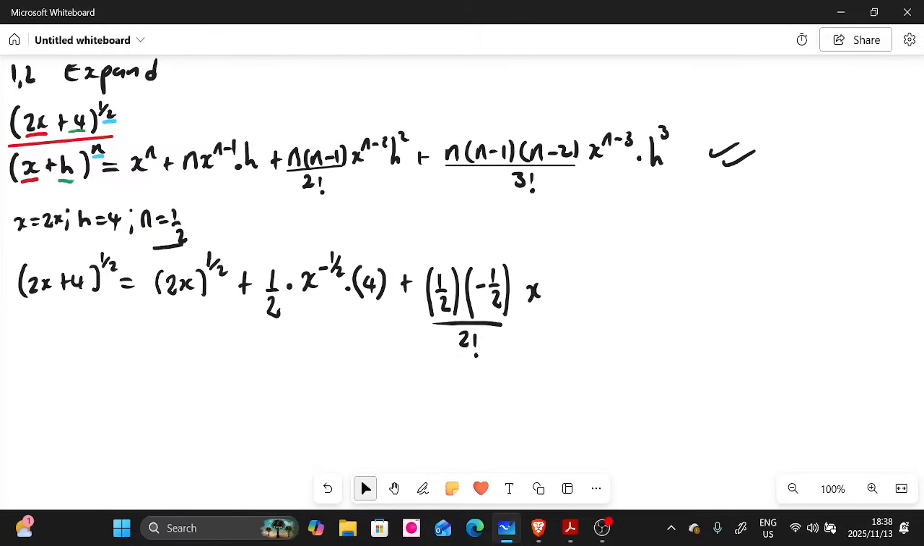I have my calculator with me here. If you say half minus 2, 0.5 minus 2, your answer here is going to be negative 3 over 2. So our exponent here is going to be negative 3 over 2. So I'm going to write negative 3 over 2, and then multiply by h squared. But remember, our h is what here? Our h is actually